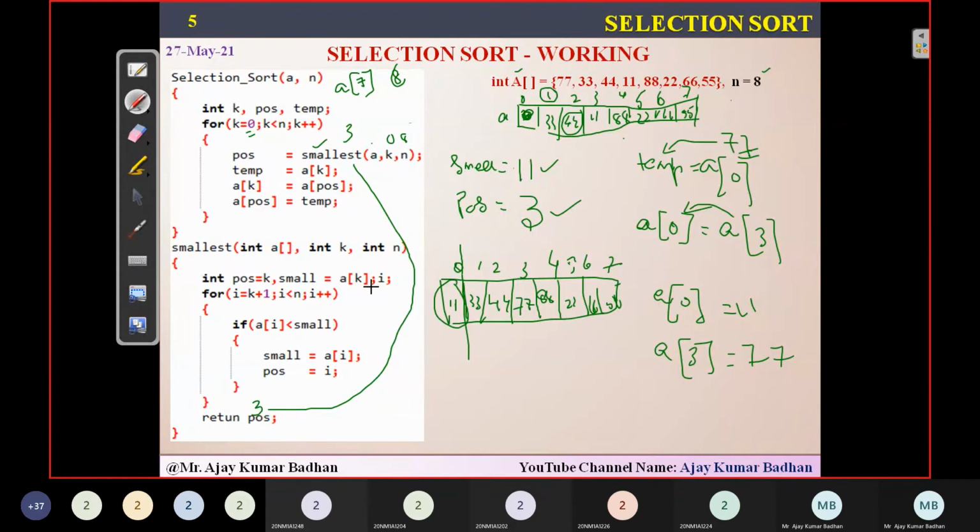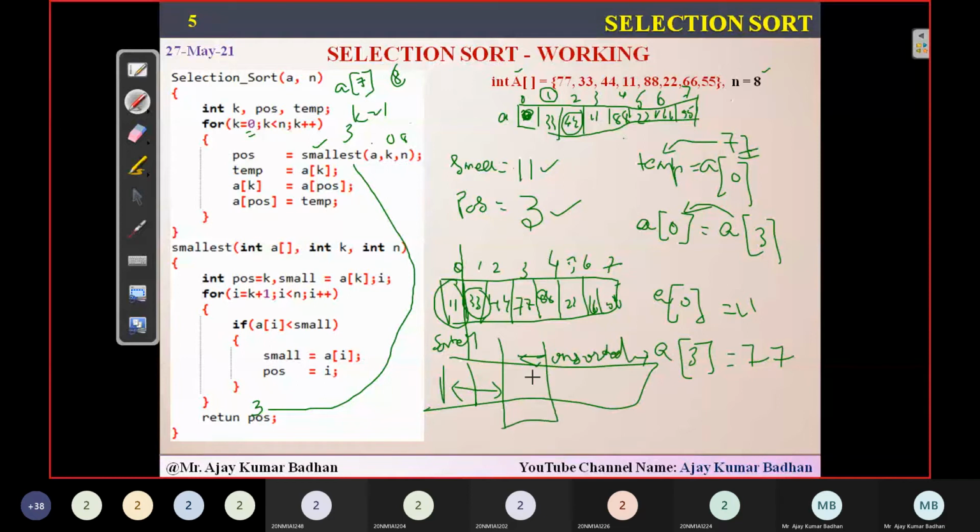After the second iteration, now the first iteration is completed. Now the k value will be incremented to 1. Again, the same process repeats. So after the second iteration, the first two positions will be sorted and the remaining will be the unsorted list. And later on, in the third pass, these particular elements will be sorted and the rest will be unsorted. Finally, all these iterations will take place and the entire array will be in sorted order.